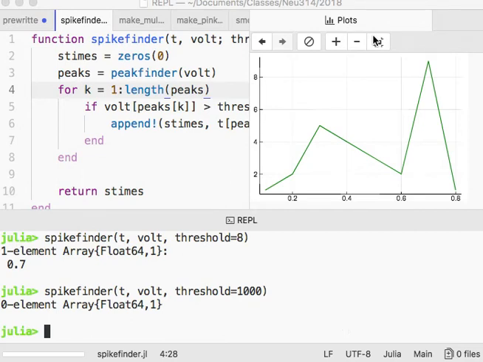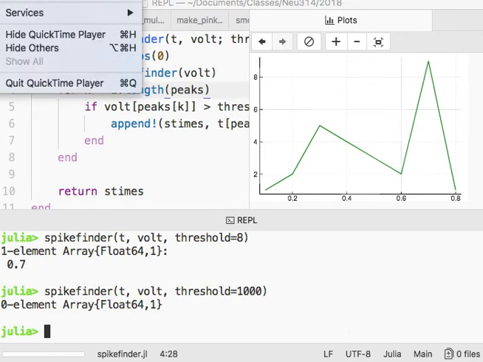Why do we need to transpose? Give me just a second to try and stop the recording. Okay. Which